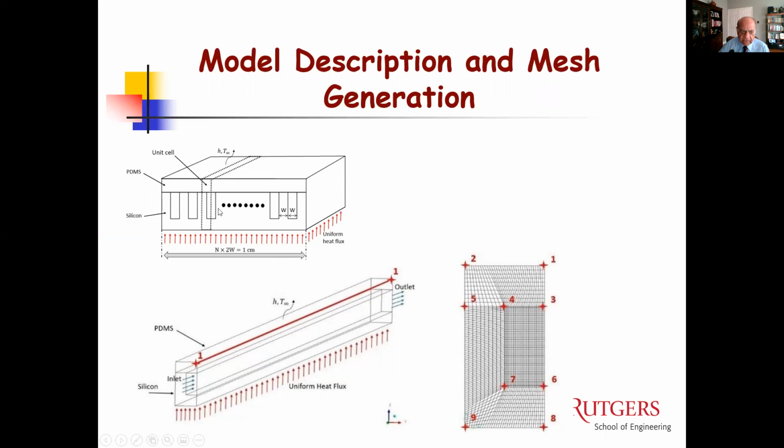And all these single channels that you see here, 40, 50, or 100, they're all basically combined to get the device. The device, as I mentioned, is about a centimeter by a centimeter, with a uniform heat flux condition at the bottom. And then, of course, you have either a PDMS or some other form at the top to cover the flow that is going on. So with this simple model, which, as you can see, is a square or a rectangular channel, we can solve the problem by using any of the standard CFD computational heat transfer models.